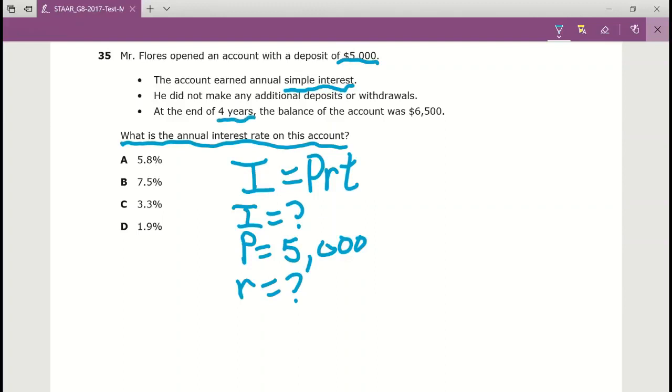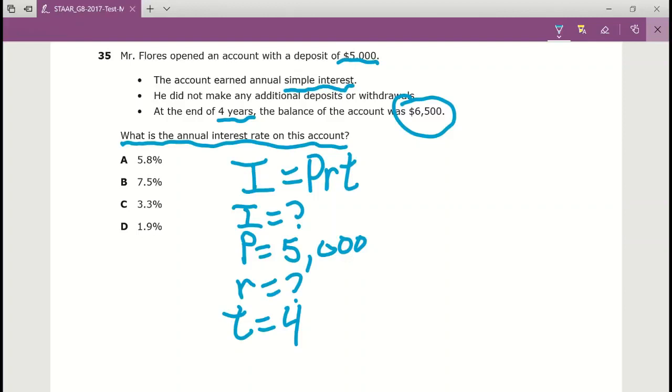For time, to find the time in these types of problems, look for years, months, stuff like that, anything that relates to time. So time is 4. All right. So where to go from here? I would say the thing we should do is we should look for the interest. So this is by how much our money grew over the 4 years. So at the end